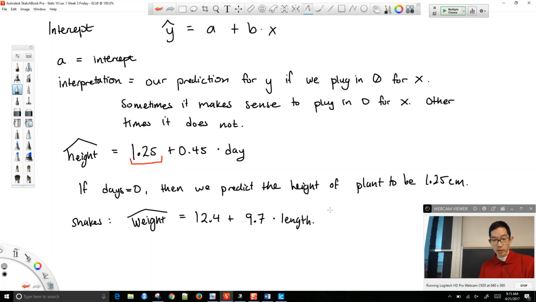Okay, then in this case, the intercept is 12.4, and the direct interpretation would be if length equals 0, then the predicted weight of the snake